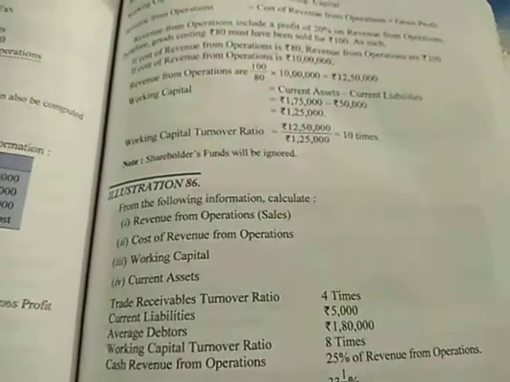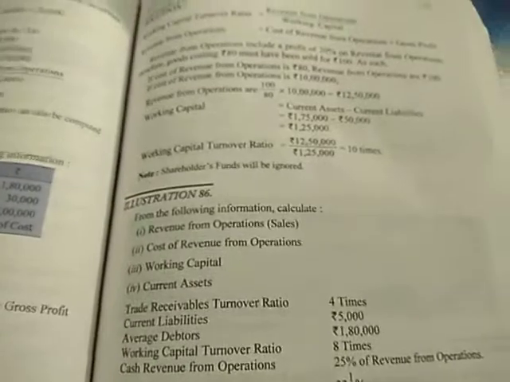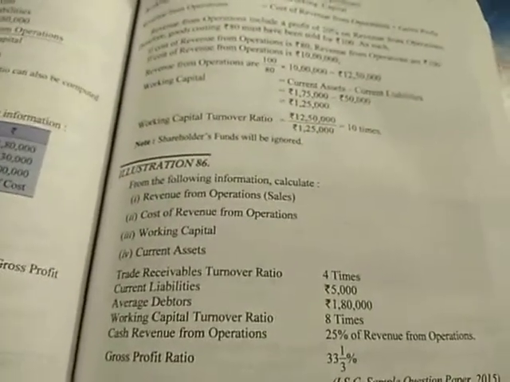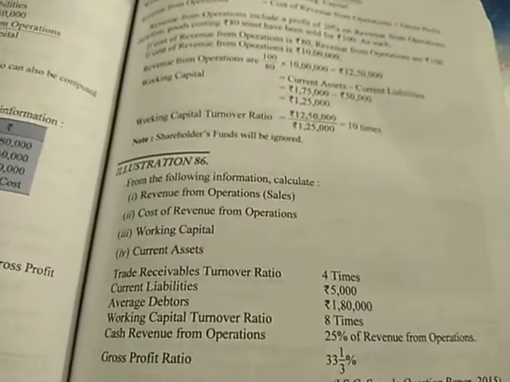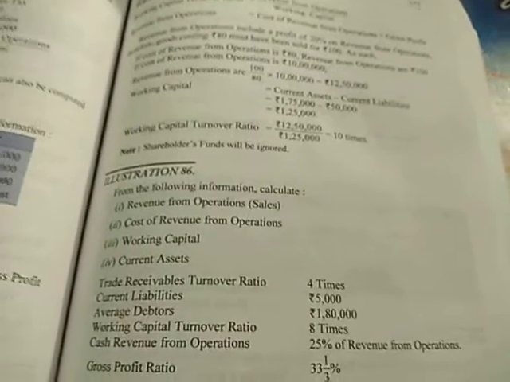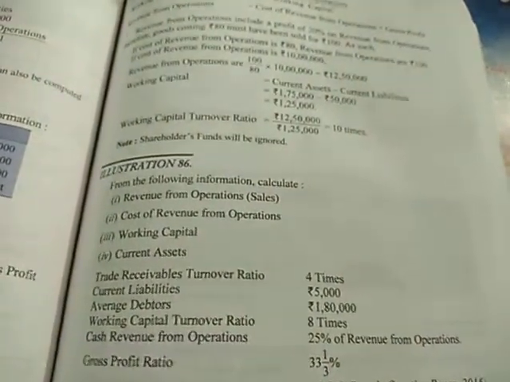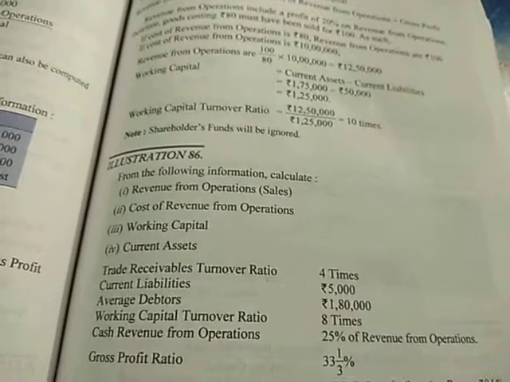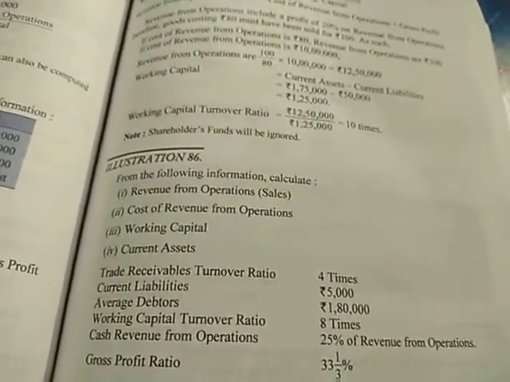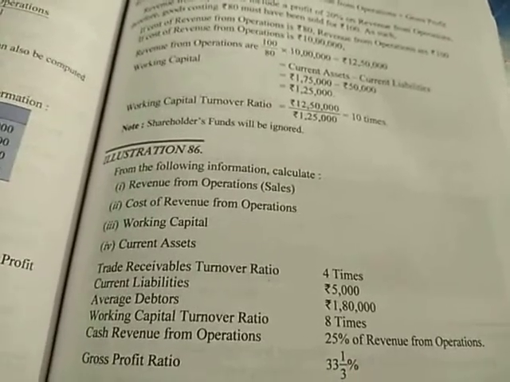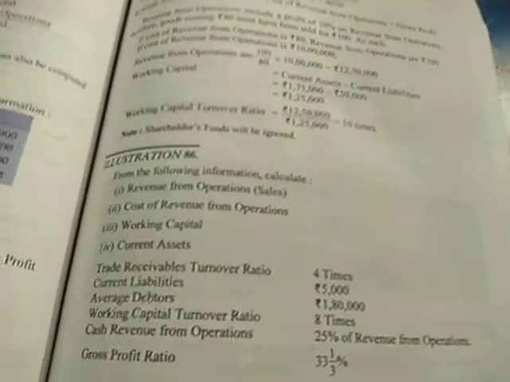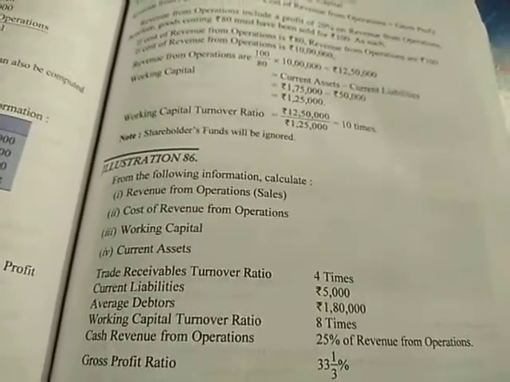Now I hope it is clear to you what will be the pattern of question for ratio and cash flow. For cash flow I am repeatedly telling you, please follow the videos provided to your group in the last 3-4 days. That will be the pattern of the cash flow question. Both the questions will be of 6 marks each, which will add up to 12 marks, and the time allowed for this 12 marks practical written exam will be 1 hour. After the written exam you will be having the checking of project file by the external examiner as well as the viva, which will include 4 marks each. Altogether it will become 20 marks.